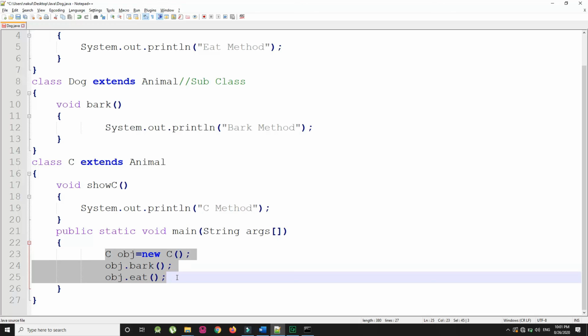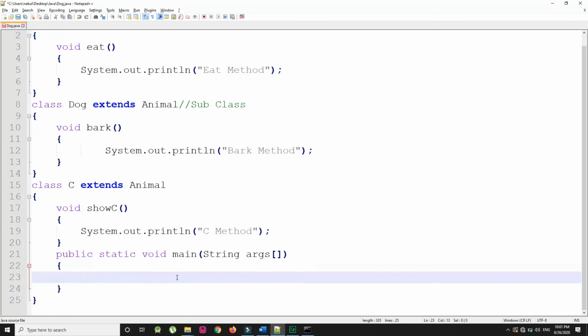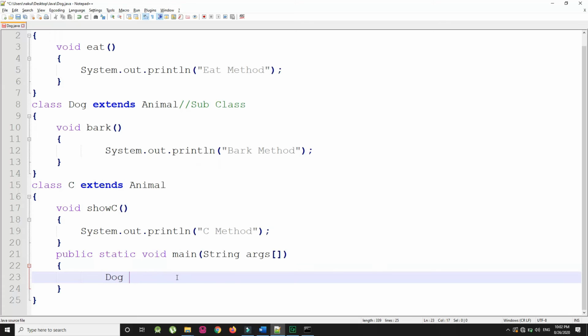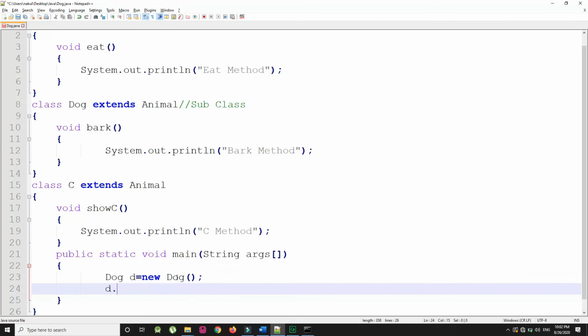Now I am going to make an object of this Dog class: Dog d = new Dog(), and then d.eat(). Okay, so this is how we can achieve hierarchical inheritance.